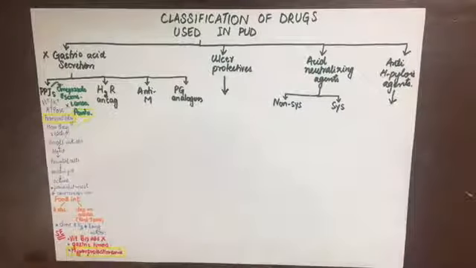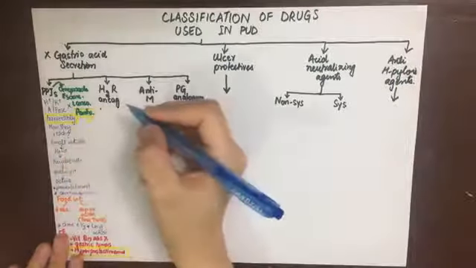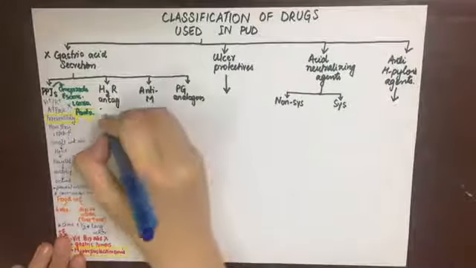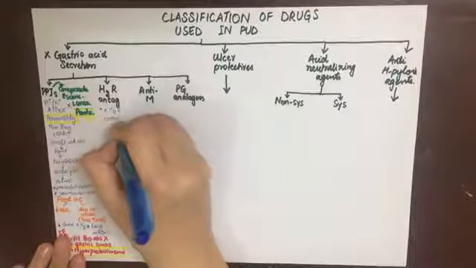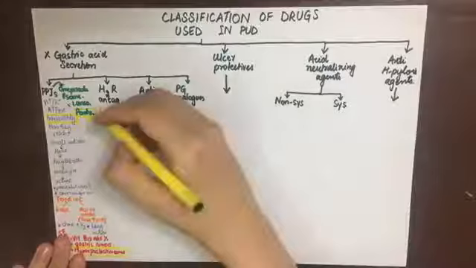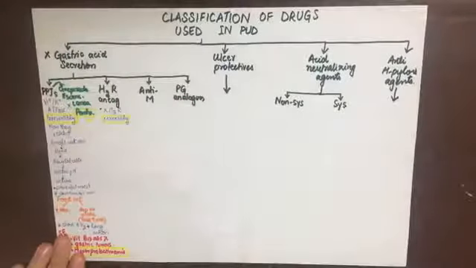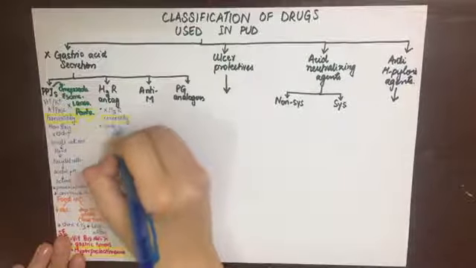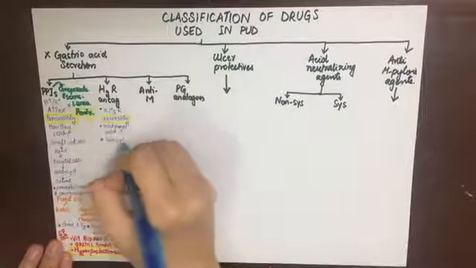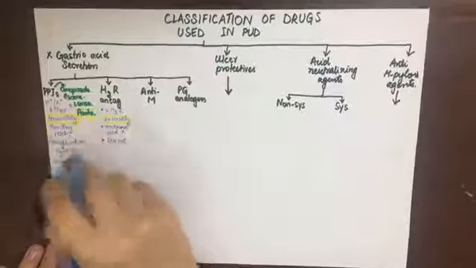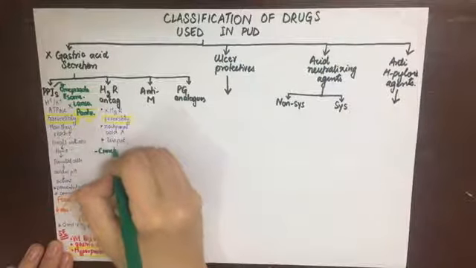Now, coming to the H2 receptor antagonists, they act chiefly on the H2 receptors on the parietal cell and block them competitively and reversibly, so they are less potent than proton pump inhibitors. Their main use is to inhibit the nocturnal acid secretion. The chief drugs in this category are cimetidine, which is a prodrug,